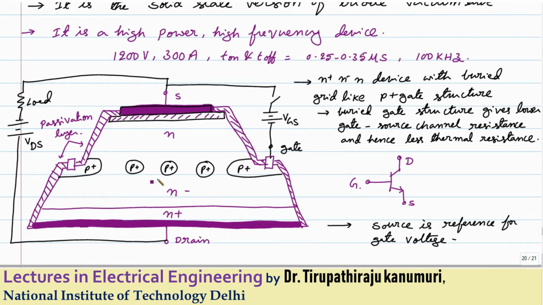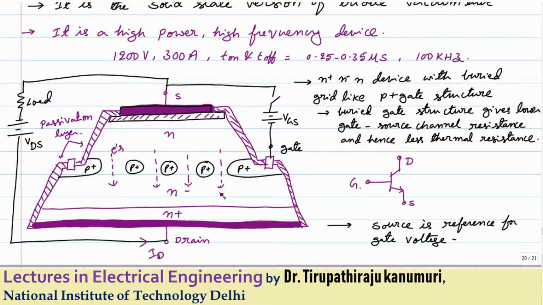Now let us see how it works. Let us assume I am connecting like this. Here I connected the positive terminal and here I connected the negative terminal. Because of this, as the gate circuit is off, this P layer does not have any effect on the carrying capacity of this circuit. Because it is an N channel, the electrons will pass in the opposite direction to the conventional current. So the electrons will pass like this from the source to the drain. That is why the upper terminal is called the source. This is for electrons. The conventional current direction will be opposite to this one.